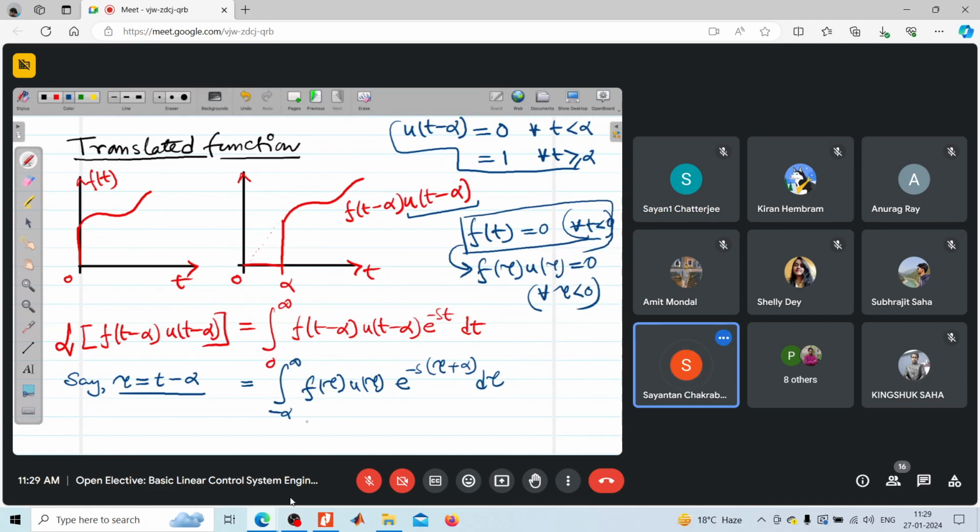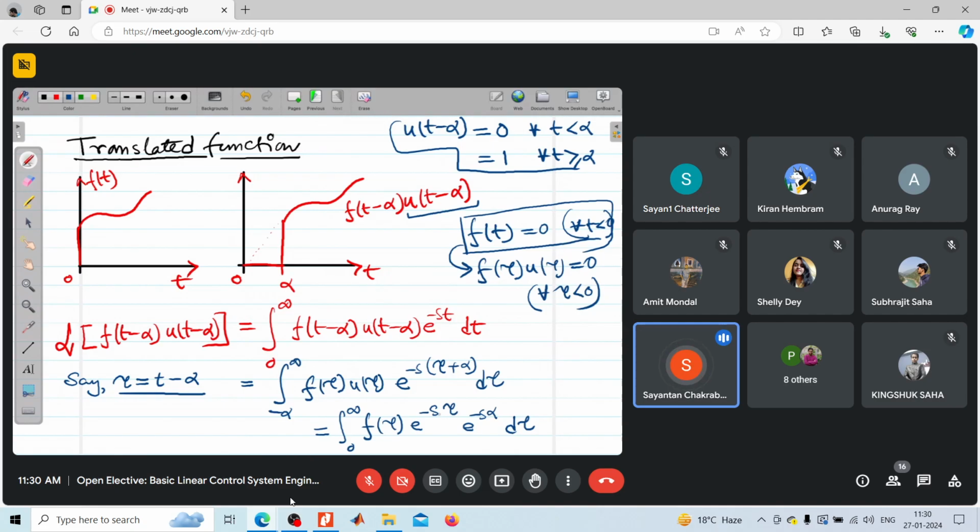So the limit that you need to consider is only from 0 to infinity. And see, this u of tau is nothing but 1. So you can write the integral from 0 to infinity of f of tau, and then we have e to the power minus s tau and e to the power minus s alpha d tau,